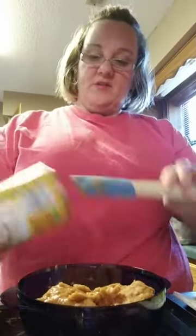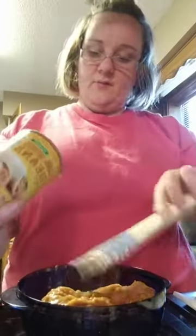If I can get them to come out. There we go. And this brand of beans that we buy is usually really, really soft, so I don't ever add water to them. If we bought a different brand, then I would add some water. But I just added the beans, and like I said, you can fit 2 cans of food in here, whether it be beans or it be